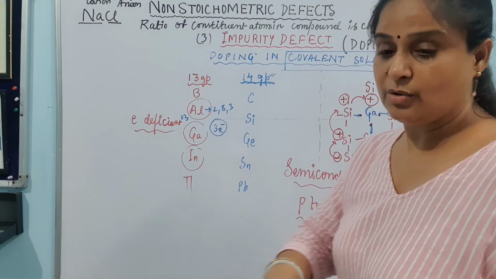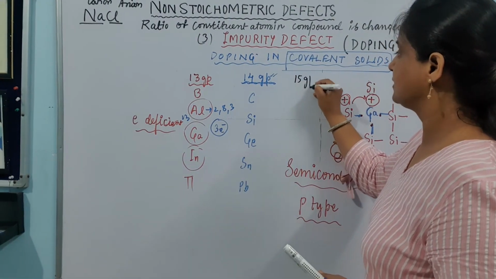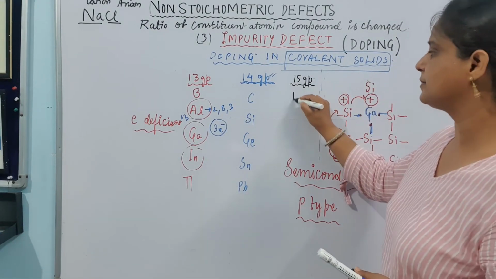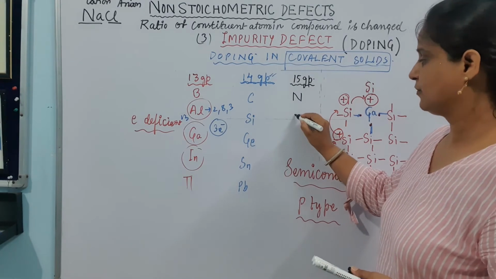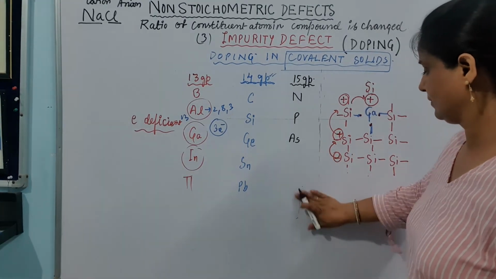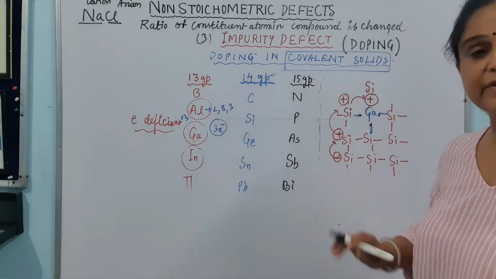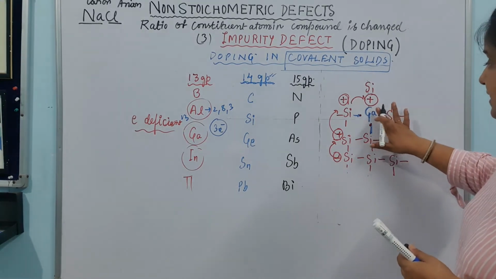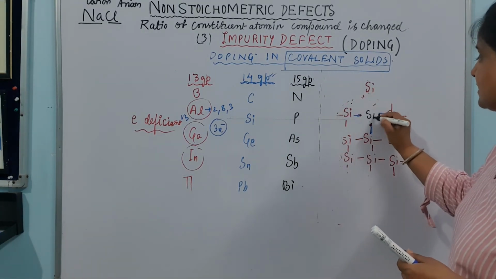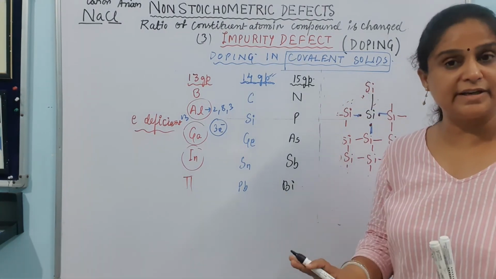Suppose anyhow I could have doped it with 15th group elements. Just imagine I have doped it this time with a 15th group element. 15th group का मतलब नाइट्रोजन ग्रुप: नाइट्रोजन, फॉस्फोरस, आर्सेनिक, एंटीमनी and bismuth. These are the elements of the 15th group. Now just concentrate. The same condition is there. This silicon was connected with each other in a very nice way, and the crystal was satisfied completely.